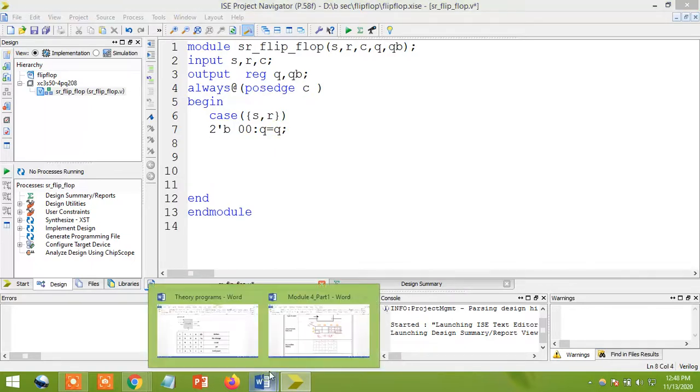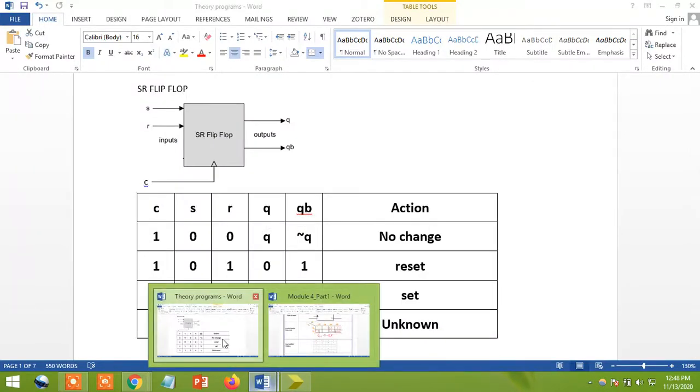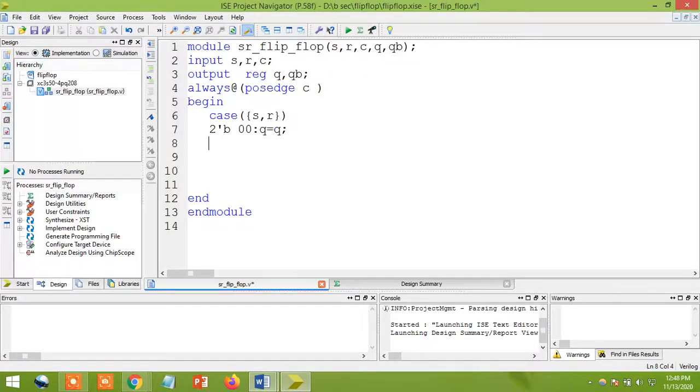Now you just tell me the second statement. What is the statement you'll get for 0 1? Try for that. Yeah, 2 tick, binary number. The binary values are 0 1, use a colon, my Q value.